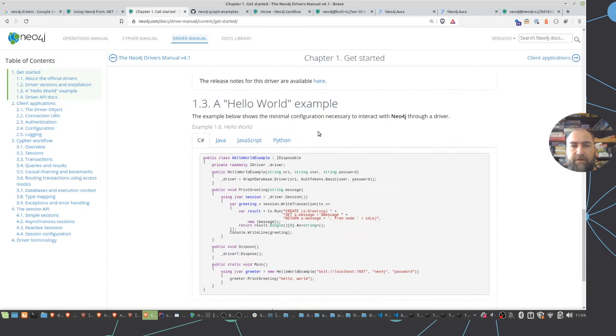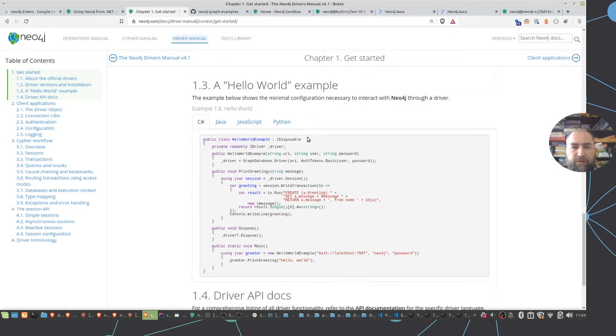In the driver manual, there are examples for the four main official languages, which are C#, Java, JavaScript, and Python. Go also exists, but it has a different manual right now until it has caught up in versions, because this is 4.1 and Go is at 1.8 right now. Most of these examples are actually the same content, but in different languages, right? So let's see if we get this